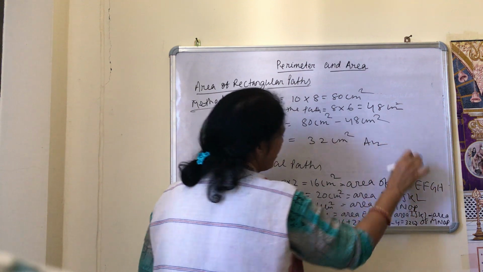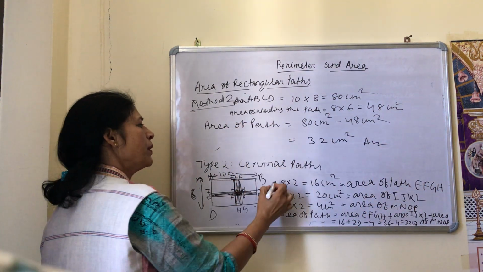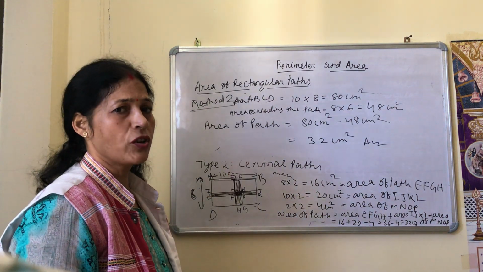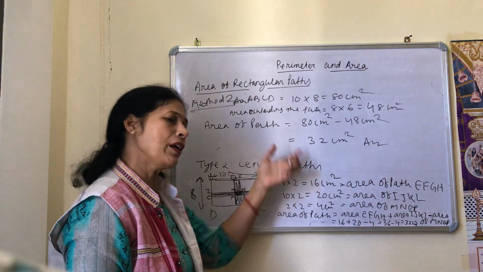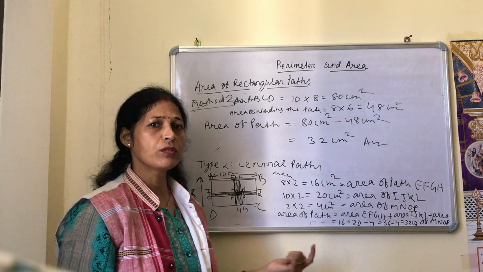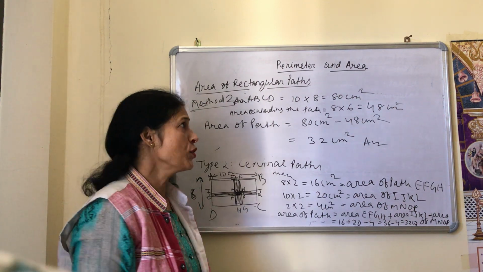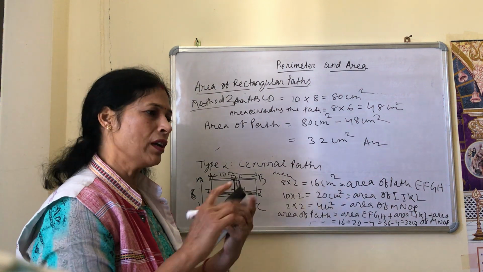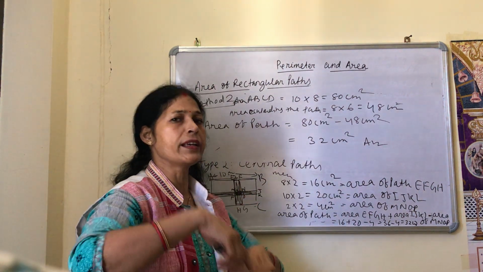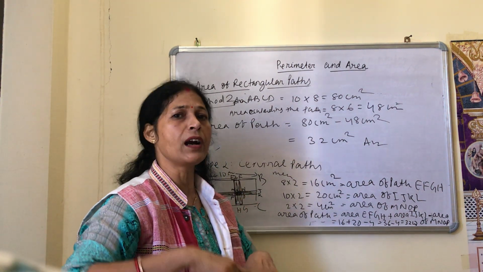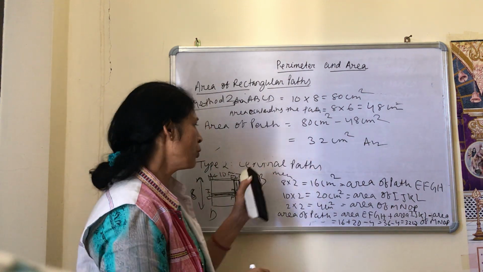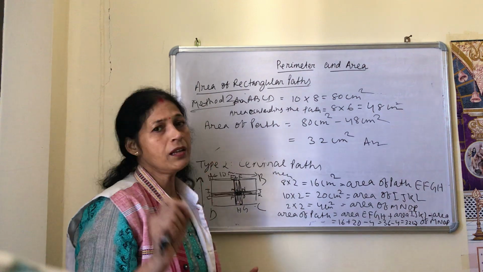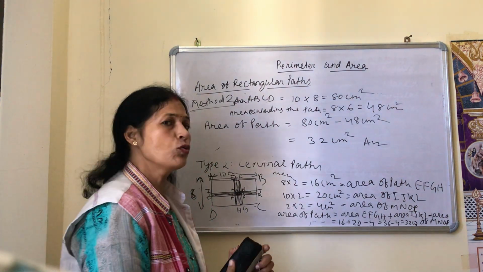Answer. Both methods give it. This is method 1, then this is method 2. Whatever you choose, you just apply that one. Out of the 2, you apply any one. Okay, this is the area of rectangular paths. Case 1 is including inside or outside of the field. And case 2 is the path running through the center of the field. Clear? These are the 2 cases.